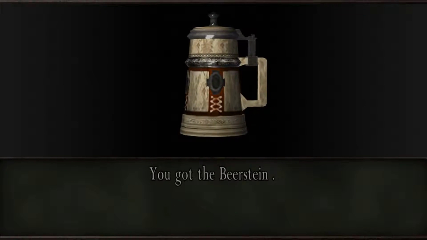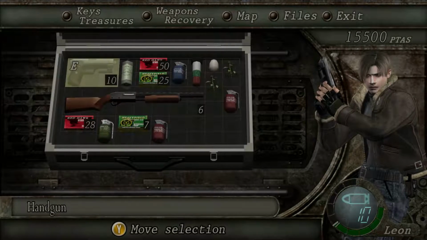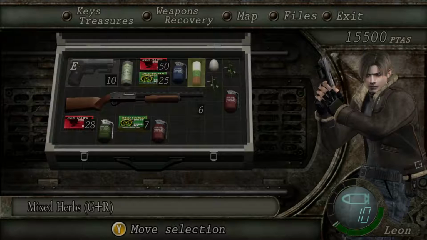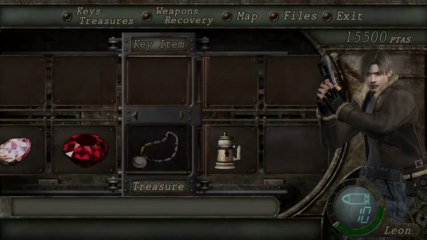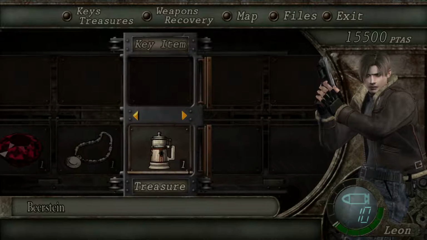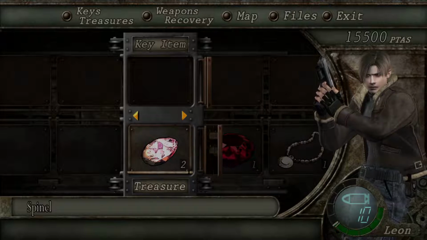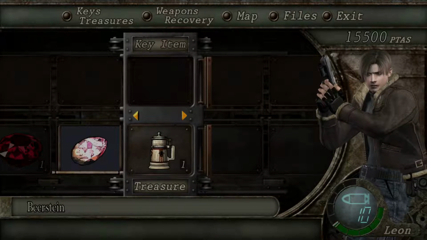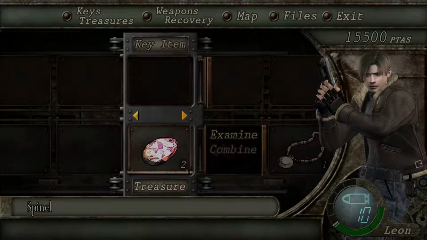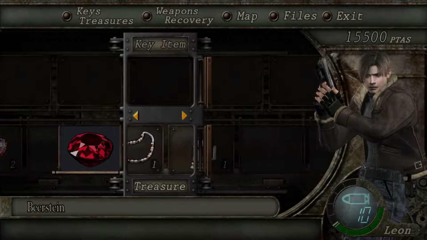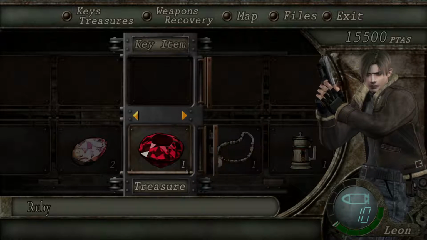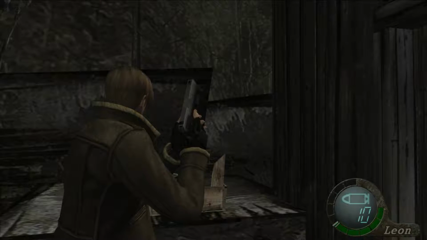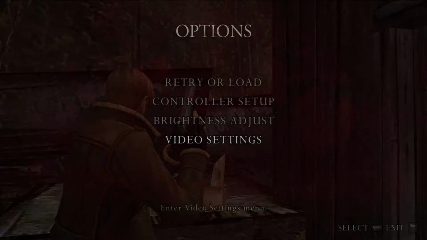You get this beer stein, and with the beer stein, it is a treasure, and you can combine not spinels but something else to it. And if you don't have that beer stein, you'll get the other pieces. It's not like a super secret though,